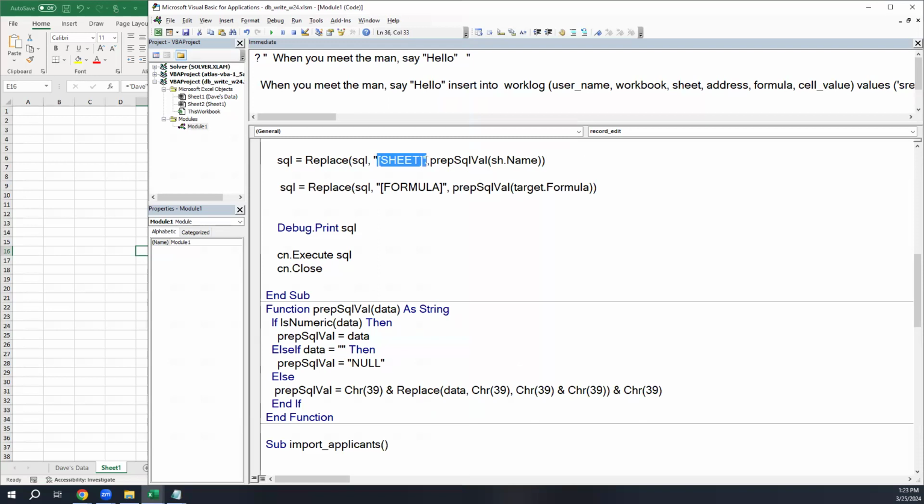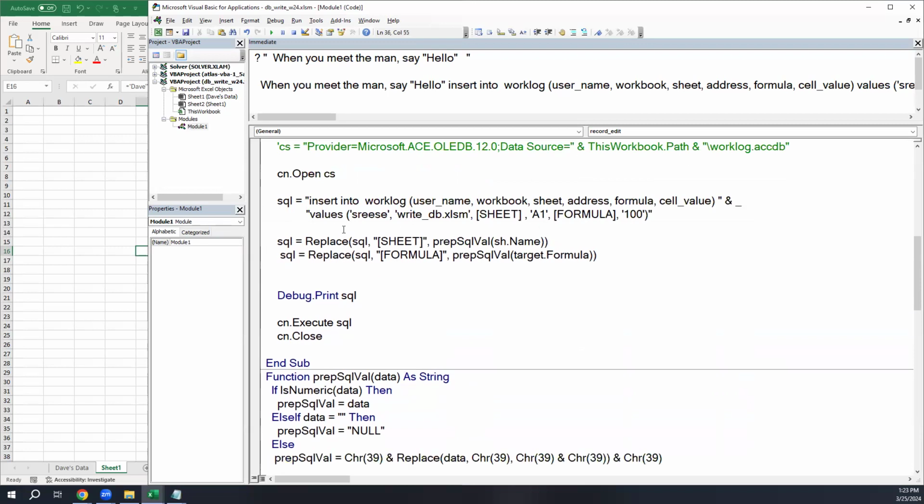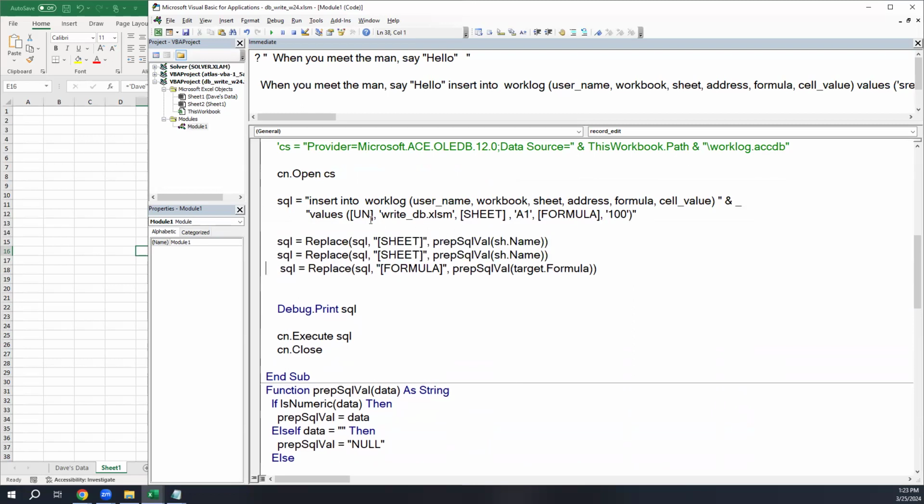So now I'm looking for my parameter and replacing it with the prepped value. And my prepped SQL value is like, I'll take a look at this and figure out if I need to put quotes on it, if I need to double up the quotes, whatever. So looks pretty good. Let me just go ahead and kind of build these other ones out. Here's the username. So I'm going to put an argument around this one, so it's getting rid of the value and the quotes. Let me just put in UN for username. Then I'll have a replace statement here as well that looks for UN